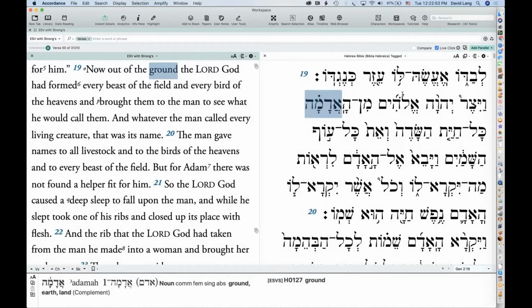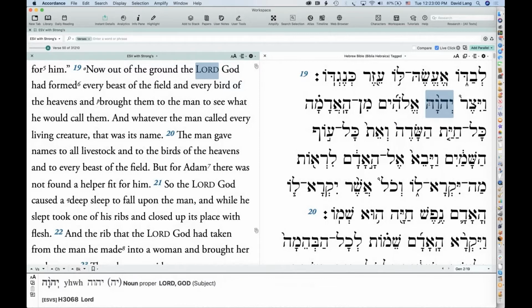You also have, when you're looking at the Hebrew text, you can position your cursor over a word, and you will get the full parsing for that particular word.